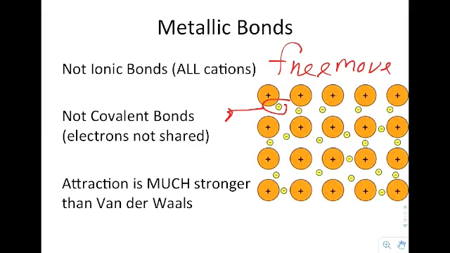And like I said, these electrons aren't shared. They're free to move between each other. The attraction of a metallic bond is stronger than van der Waals. Okay, so whenever you have the attraction, it's going to be much greater than you have for, say, a covalent